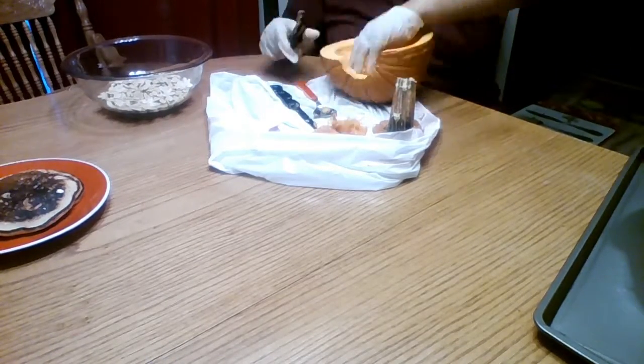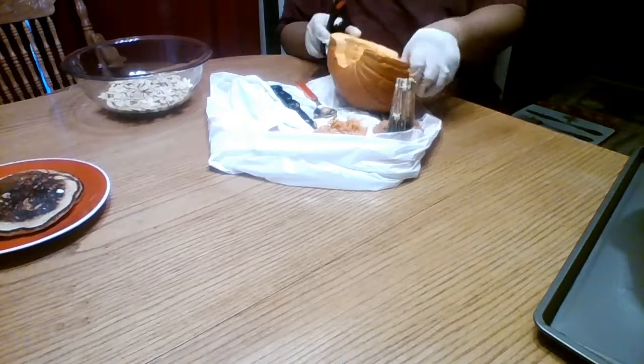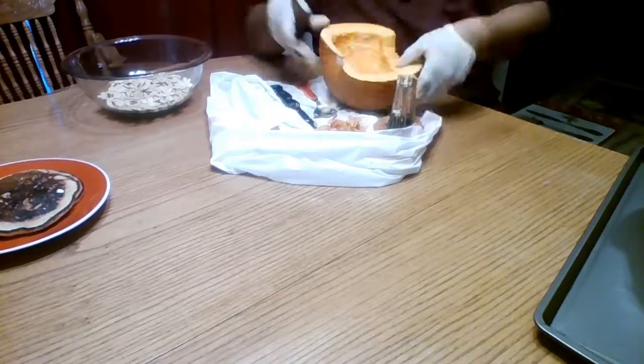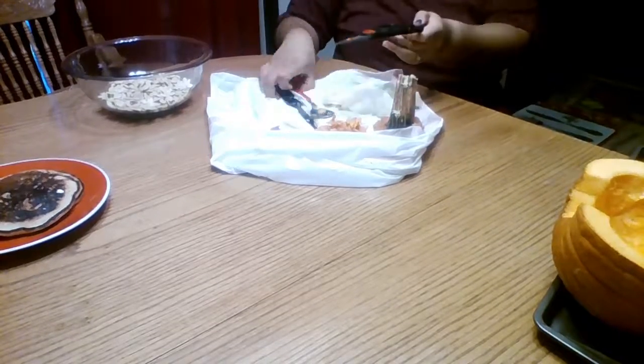So I have cleaned out all the seeds, and now I'm getting all the guts out. After that, I'm going to put it all in the oven,